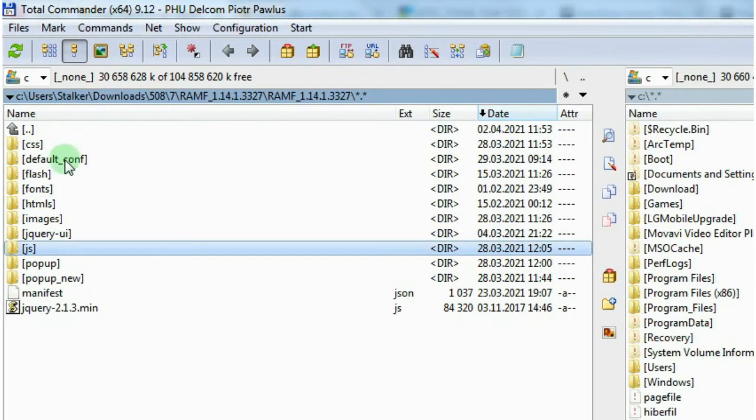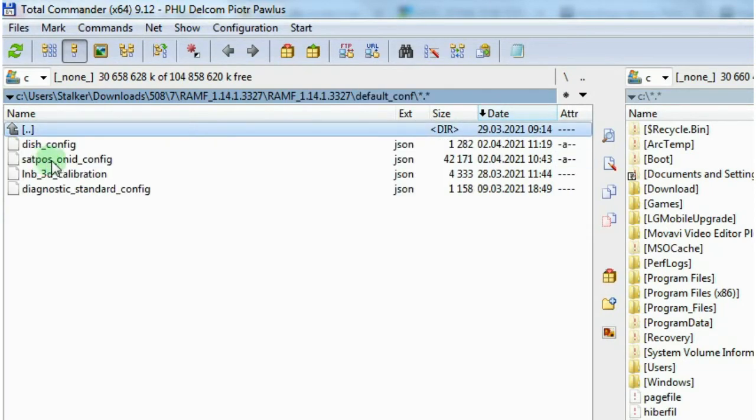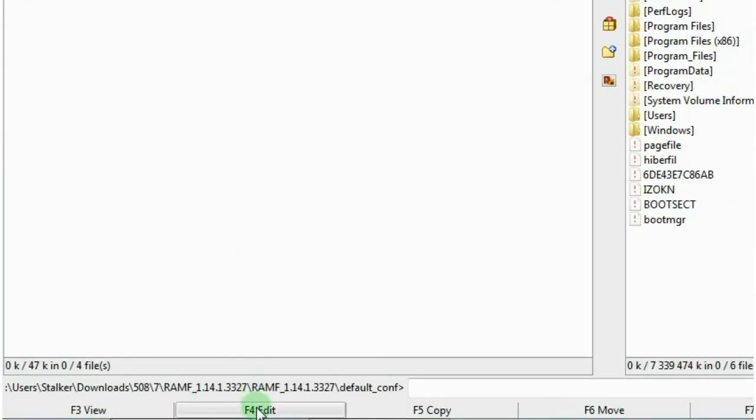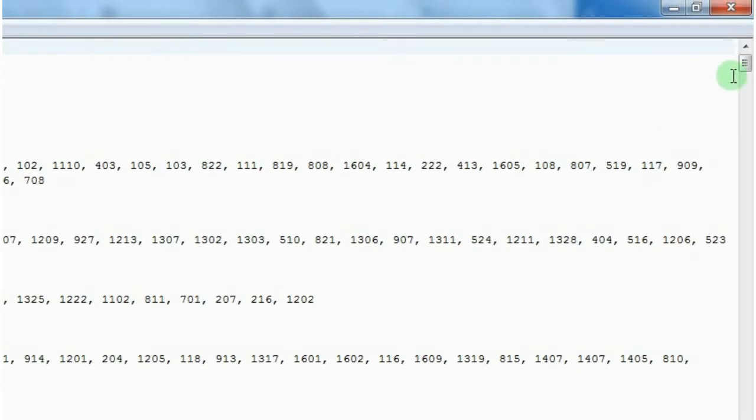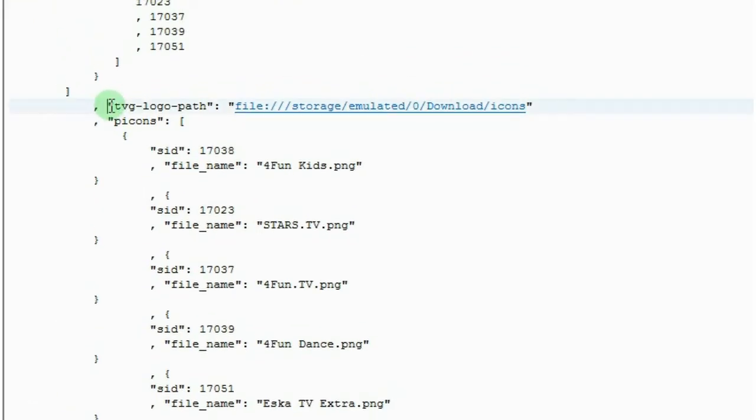Open the folder and open this file, set post init config. We recommend leaving the order of files using init and set unchanged. You can find this on websites such as langsat.com. Actually, there is a channel editor that synchronously updates the order in the receiver. But what we can change here is the path to the folder with icons and the names for the icons. Let's change the folder name to PyCons. Icons will make the channel display much nicer.